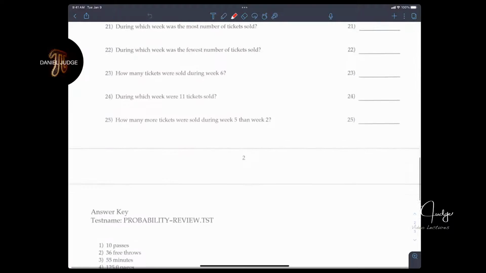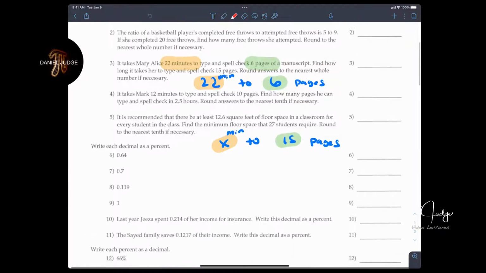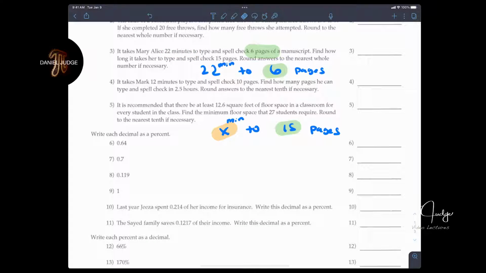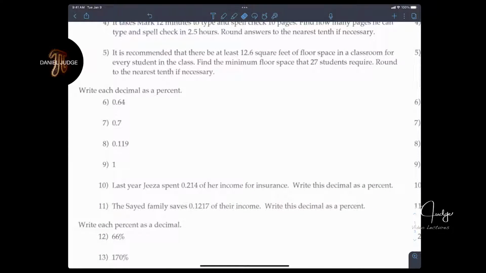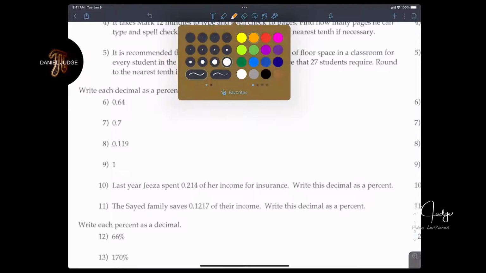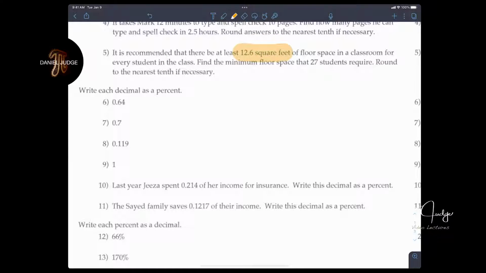All right. We're going to try number 5 here. So let's get rid of this here. Number 5, another proportion question. It is recommended that there be at least 12.6 feet of floor space in a classroom for every student. Believe it or not, they gave us a ratio. They gave us a ratio. You say they did? 12.6 square feet to